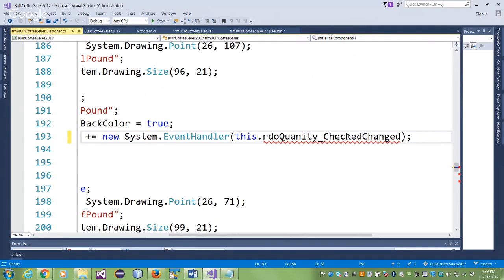So you change the name. Definitely you have to change the name in the designer file also. First you were saying this event handler is taking care. Now you're saying, no, the event handler is called RDO quantity. No big deal at all. Right? So if you change the name of an event handler in your code, you have to change it in